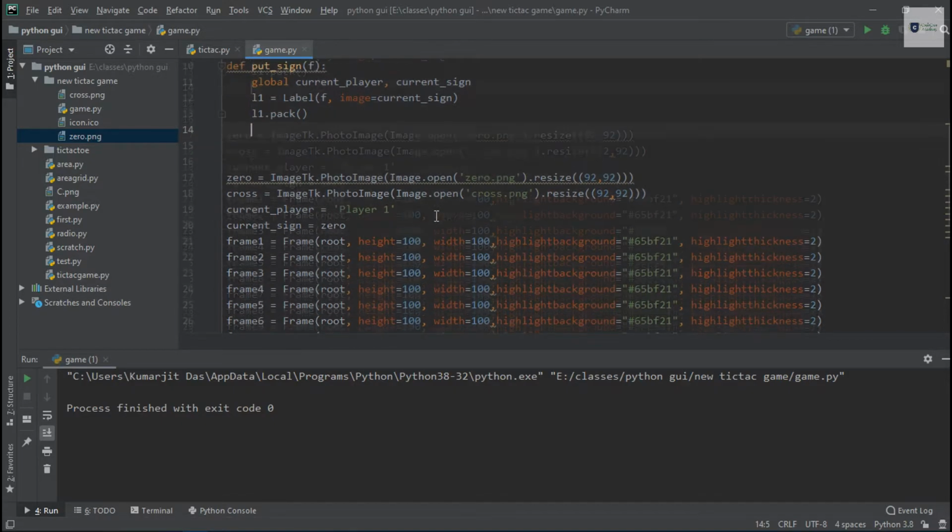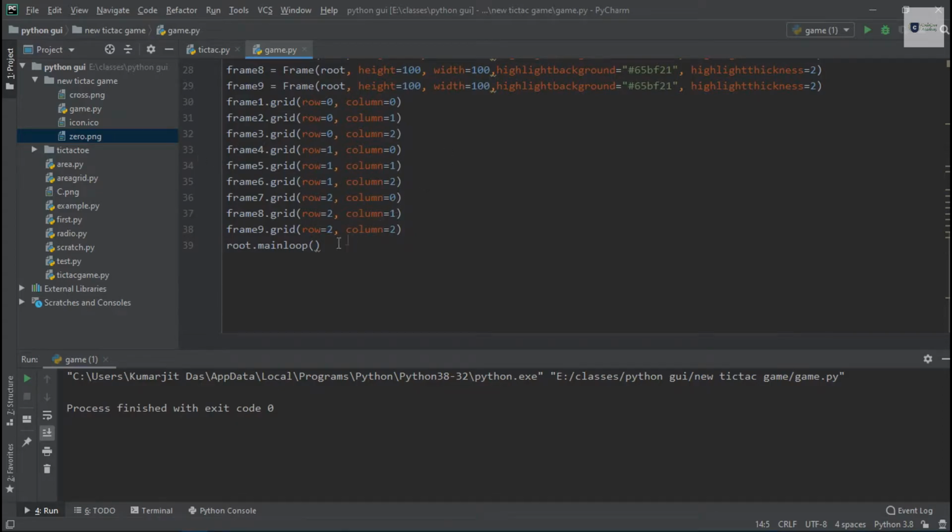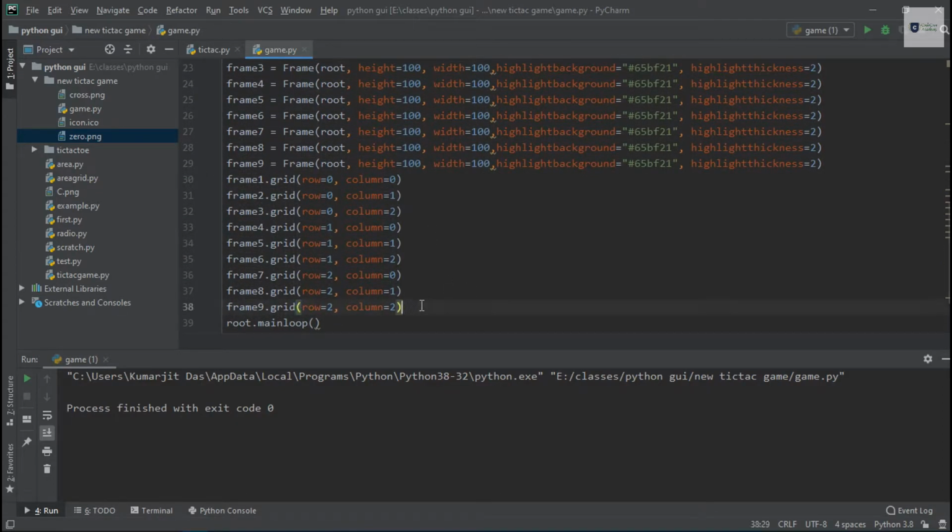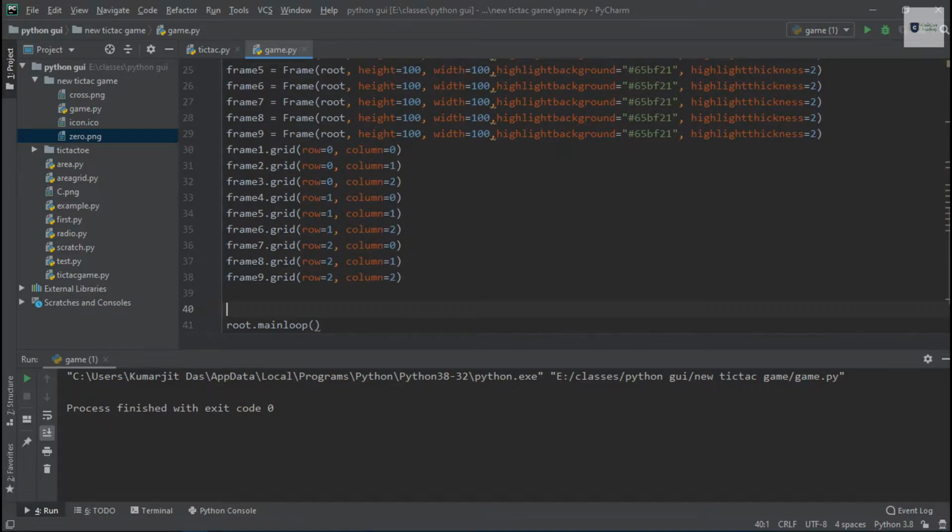Let's use the bind function to bind each event with each frame, and that's how this click will work. When someone clicks on the current frame, this frame will hold the current sign.